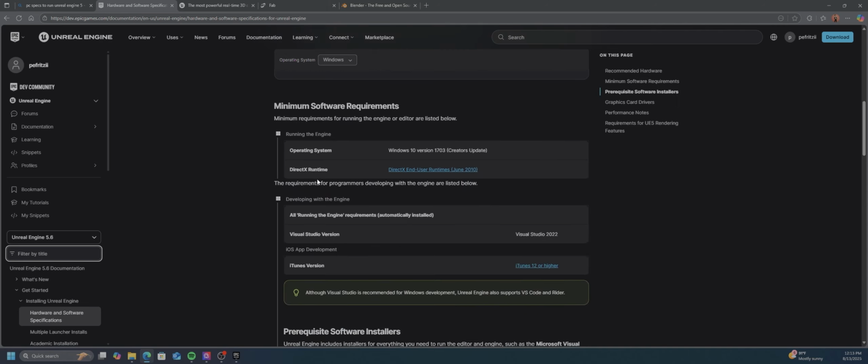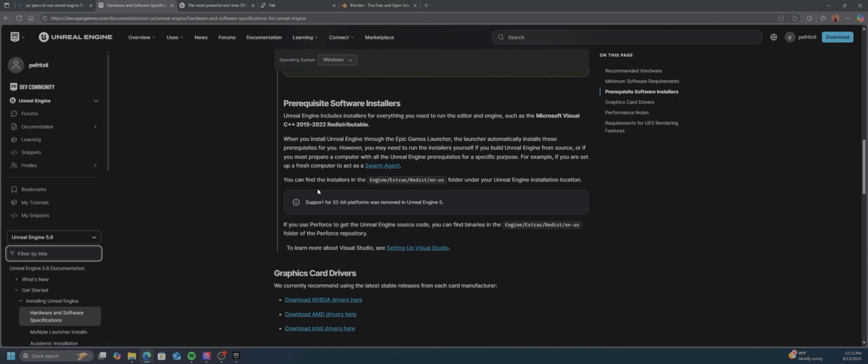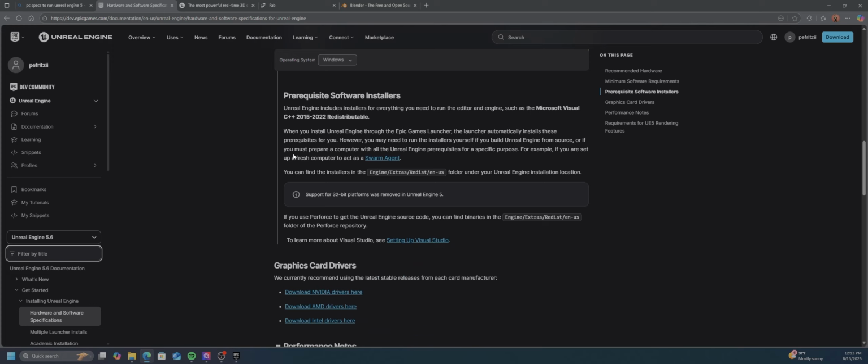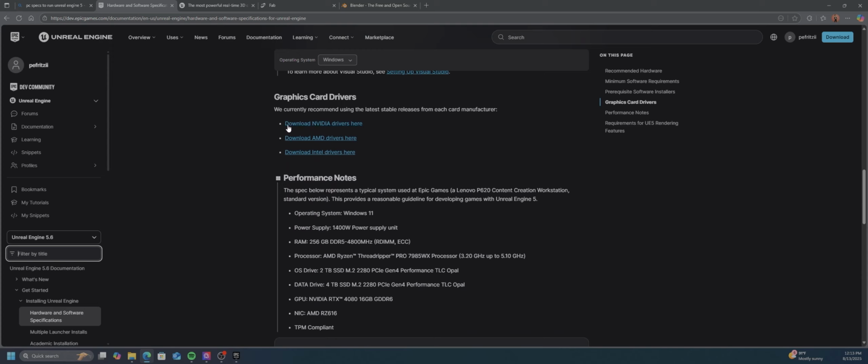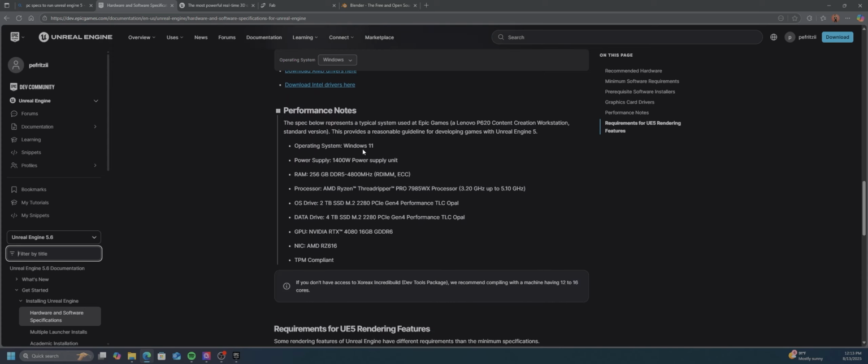Okay, again, you can read through minimum software requirements and some of the other things. They also talk about developing with Microsoft Visual Studio for C++ and some other things if you need some graphics card drivers. Again, this is what Epic's using at their studios, so pretty robust system. You do not need to have something like this, but I would like to point out when I'm looking at this, again, we're talking about hard drive sizes, and